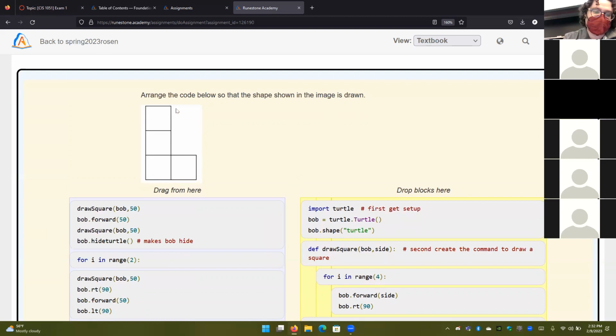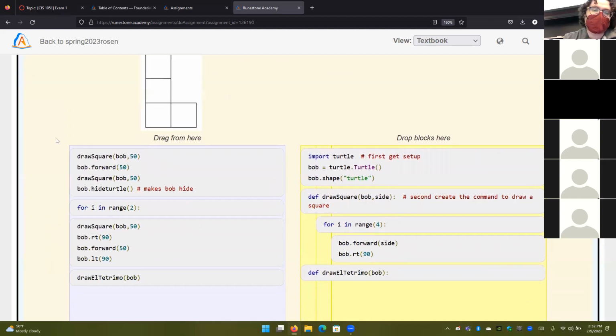We also note that this L Tetrimino is made up of 4 squares. So we need to call the draw square function 4 times. We have draw square here, and then a single draw square command here, and we have a for loop which runs twice, so that means we can use that to draw two squares if we put them together.